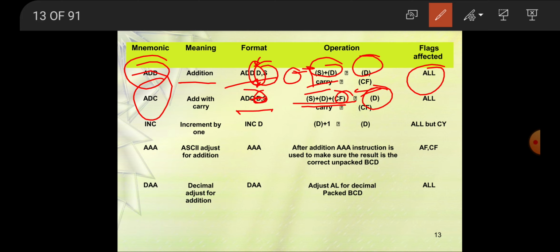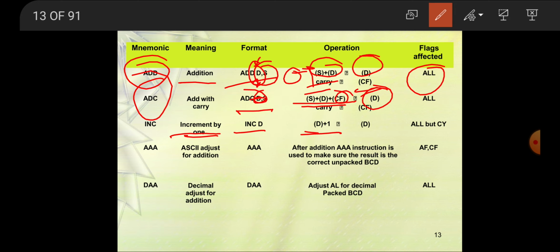Next is increment, or INC, that is nothing but increment by 1. The format is INC D. Suppose D is equal to 001H, and you give the instruction increment D, then it will add 1 to the 001H.